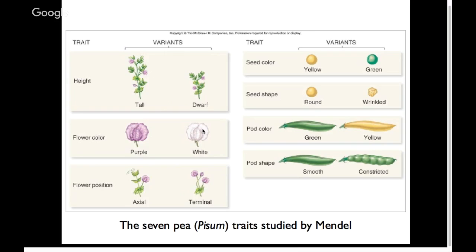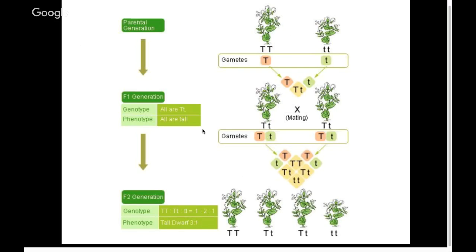These are 7 traits. They were easy to observe and they were passed on in pretty simple ways. You didn't have a ton of blending between these traits, for example, that would have confused the matter. So he was able to observe these traits through generations. So here's a hypothetical experimental breeding cross between tall plants and short plants, for example, and determine things like,